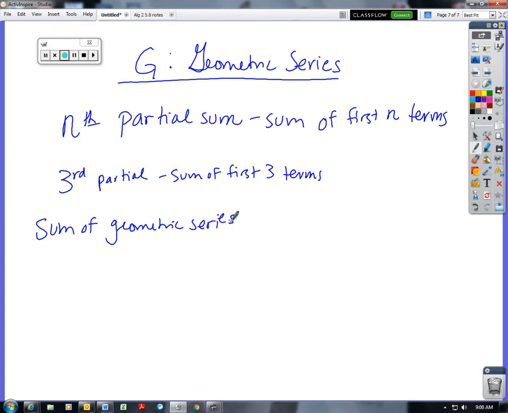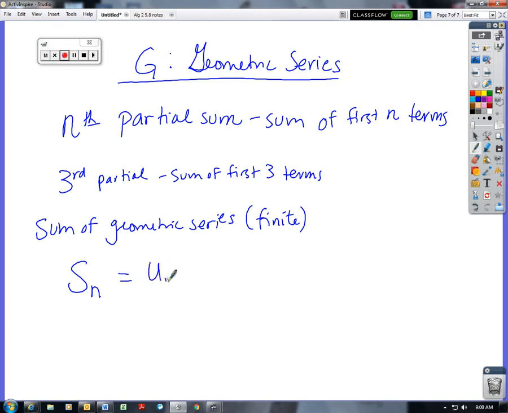and this is for a finite one, because some geometric series diverge. In other words, they don't converge to one sum. They just keep getting bigger and bigger and bigger and bigger. So this will be a finite geometric series. So S sub n, so this is basically the nth partial sum,